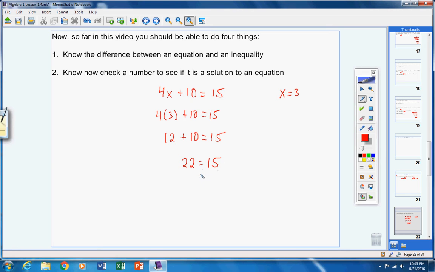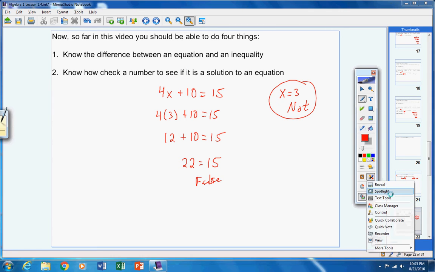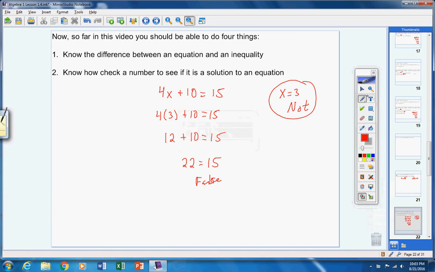Now, is that a true statement? Does 22 equal 15? No, it's false. So, is 3 a solution to this equation? No, it's not. So you should be able to take a number and check to see if it's a solution